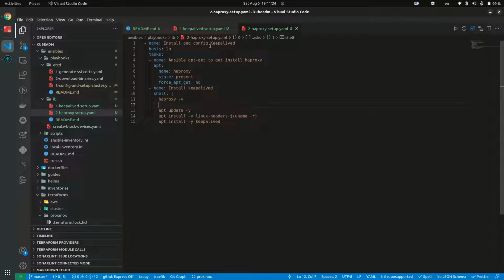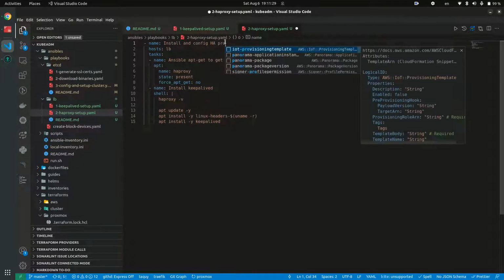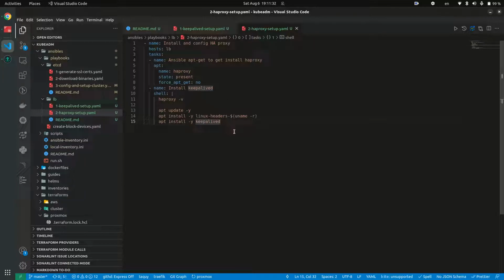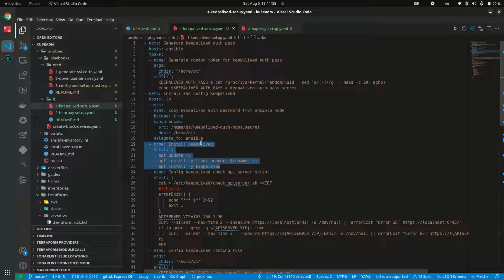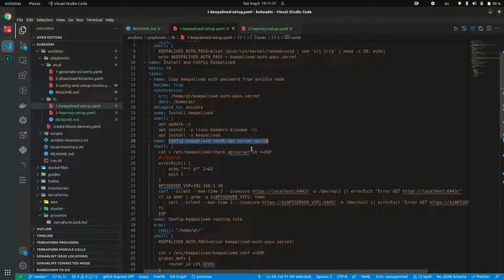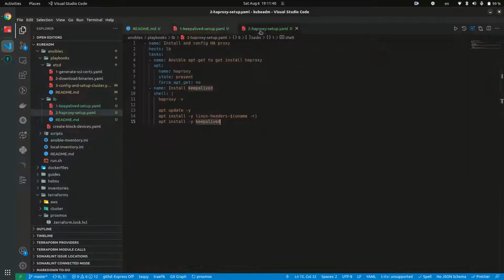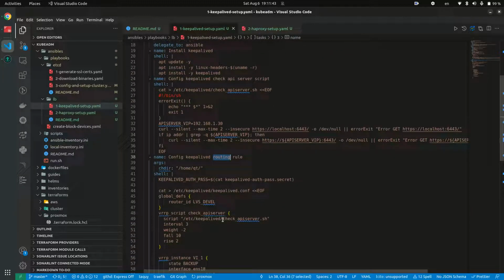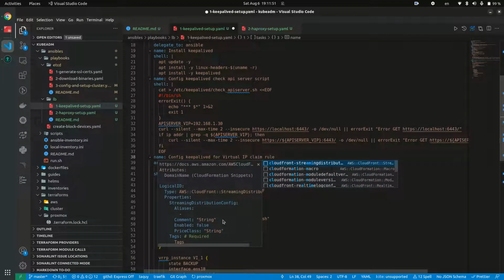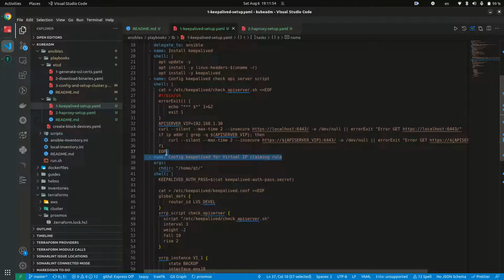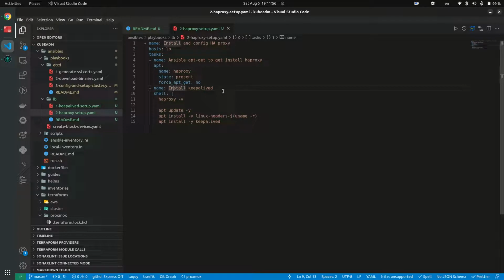So to configure it, I will use the same step as you can see here. This one will configure HTTP proxy